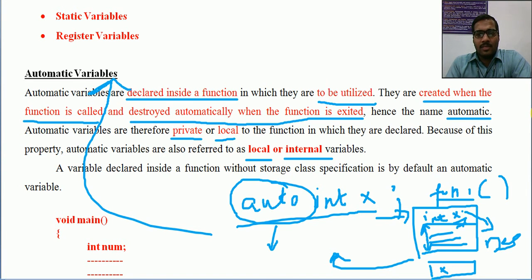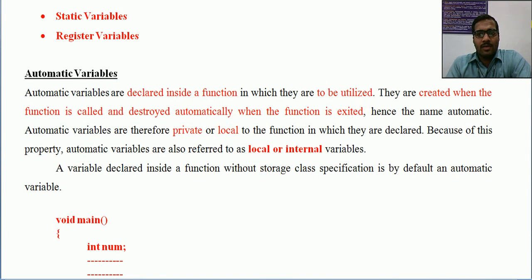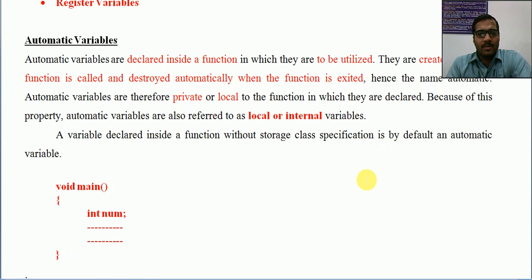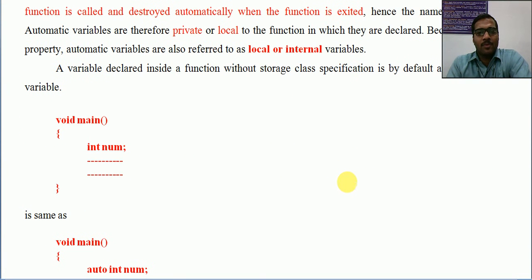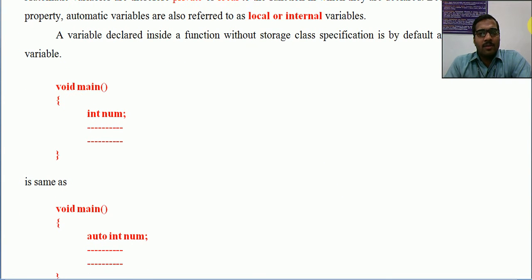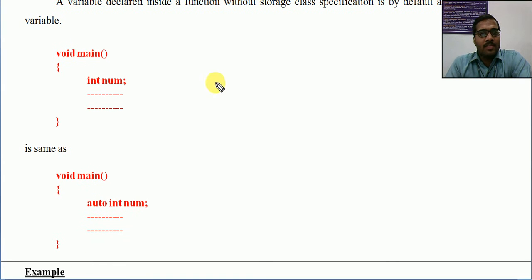Now let us see the syntax of automatic variable usage. You are already familiar with many programs, so I'll give it in short. Let us see an example from void main. Inside main we have a variable int num, a normal variable. This is a local variable, or an automatic variable. Inside this function we can use this num anywhere.